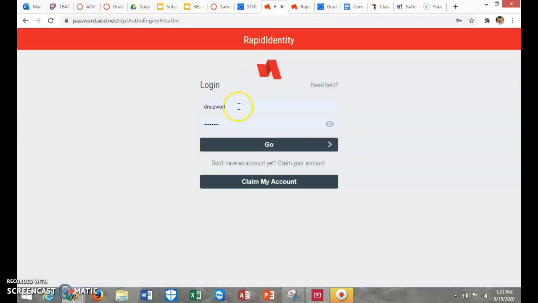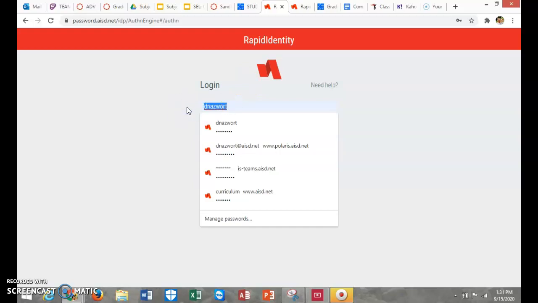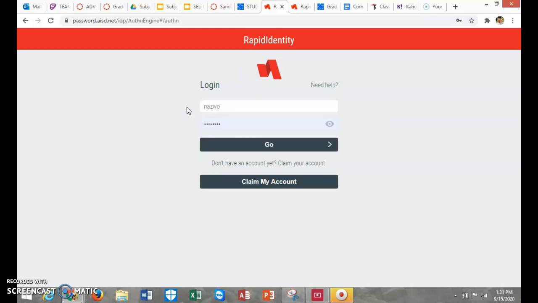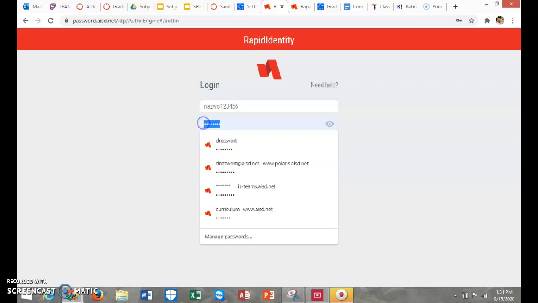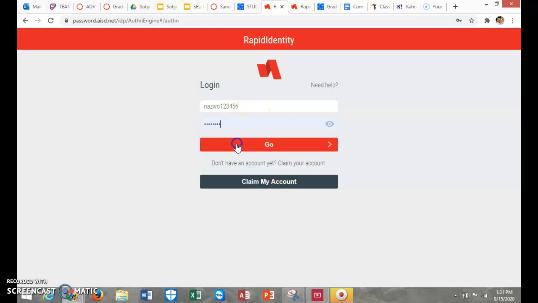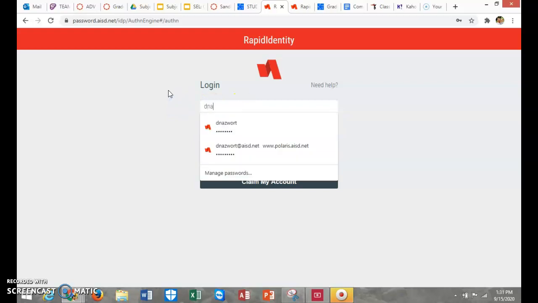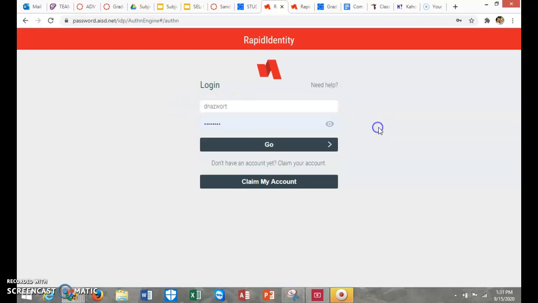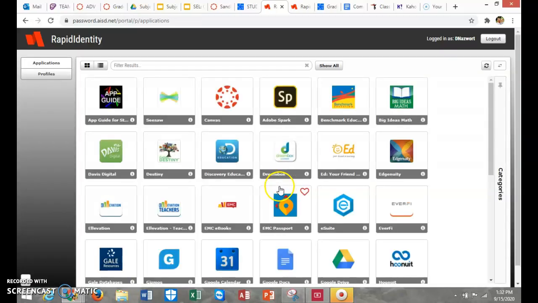When you get to this screen, you are going to enter your first 5 letters of your last name plus your student ID code, and then whatever your password is. Okay? Because I'm a teacher, mine looks a little bit different, but you will use your first 5 letters of your last name plus your student ID, and then your regular password that you would normally log in with. It's going to show you your Rapid Identity portal. You're going to click on Canvas,